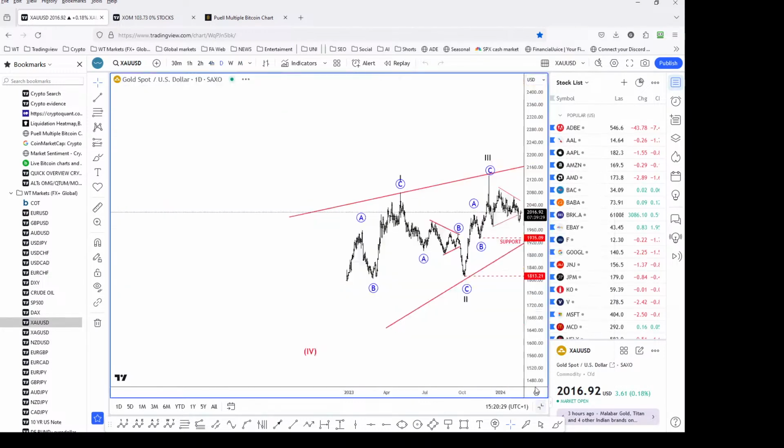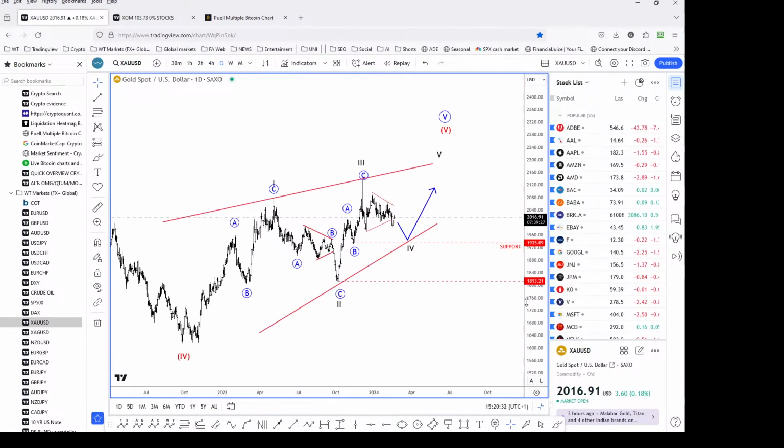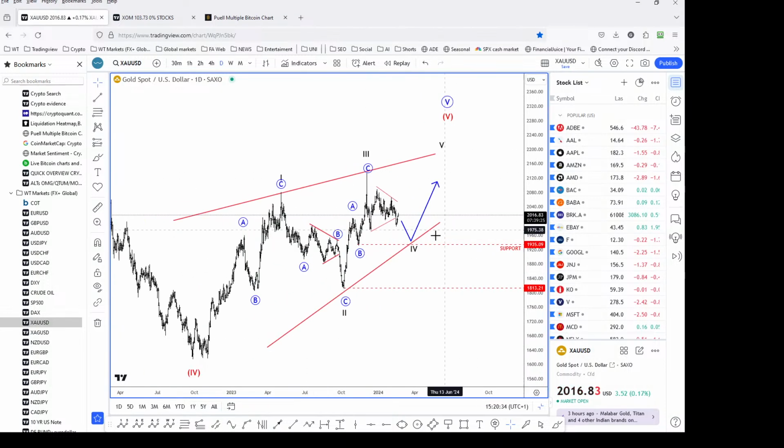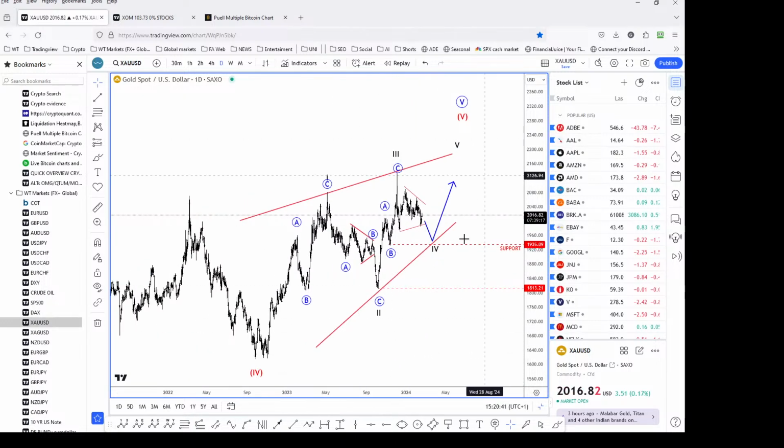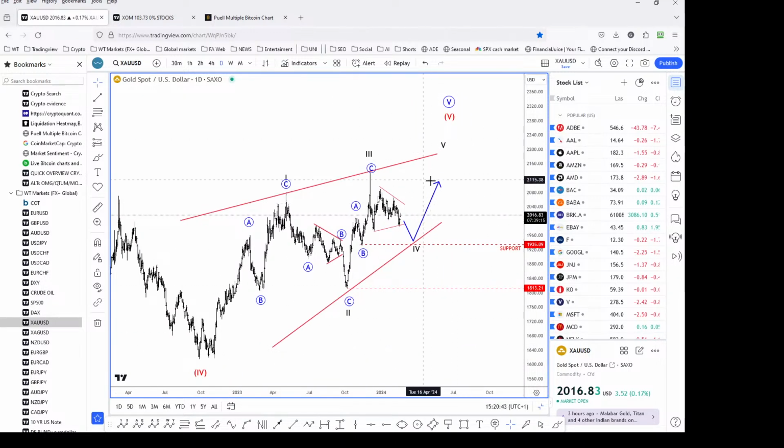So here's gold, my midterm view here. So what's going on? It's a consolidation. I believe it's still a triangle, possibly a bearish one within a higher degree wave 4, that it's part of a diagonal formation, meaning that we could still run and look for another push to the upside. Or maybe this is a triangle, a bullish one, and we'll see immediately a reaction higher after ABCDE subwaves